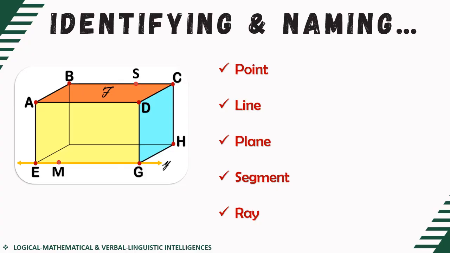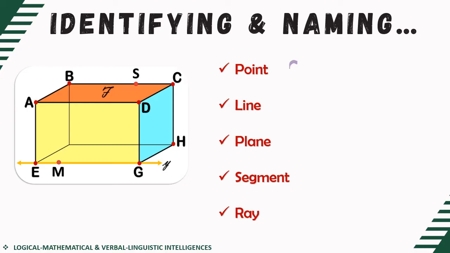Now, here, let's have our given illustration, and I'd like you to list down an example of a point, a line, a plane, a segment, and a ray in the given illustration. So let's just give 2 examples for each. Even though there are a lot of answers for each item, or a lot of examples that we can have out of the given illustration. So let's say, first, a point. Name a point in the given illustration.